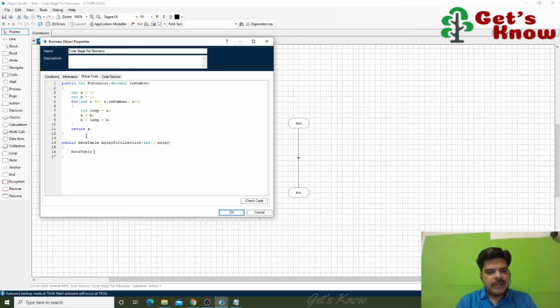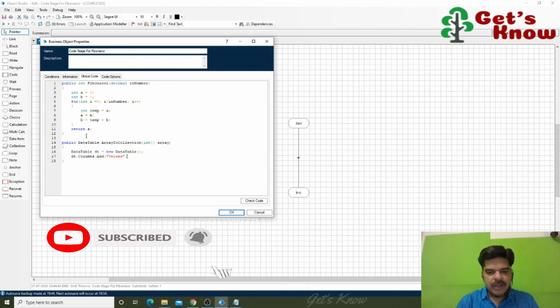I am going to create one data table. For this data table, I am going to use one column. You can give any name. Here I am giving values, and the type of values you are going to use: columns add type of decimal.